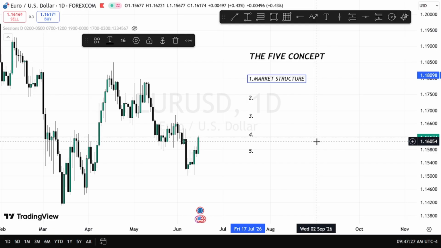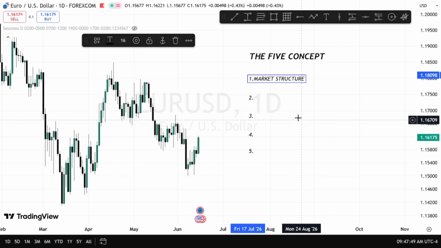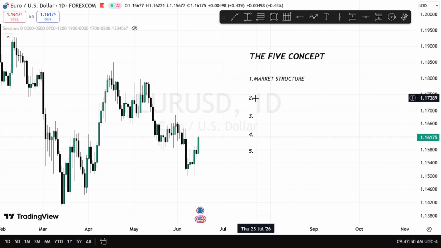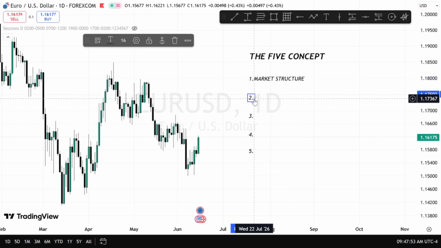Alright, being able to mark the right break of structure, and not a failed swing you mark as a break of structure, or a liquidated swing you mark as a break of structure. Study the market structure and how to mark it correctly, and it will help you to know the trend. And by knowing the trend, you are on your way to a correct and very good technical analysis, right?